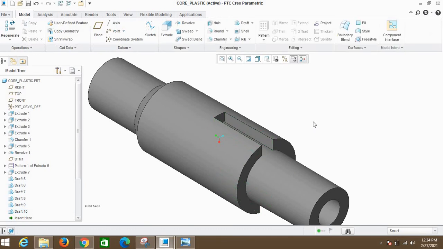According to the tool maker, depending upon the tool maker's feasibility, we can give a draft of 0.2 degree also, 0.3 degree also, 0.5 degree also. It depends upon the tool maker's feasibility, how they can manage the molding pressure, ejection time and all. So they will decide the draft angle. Okay,